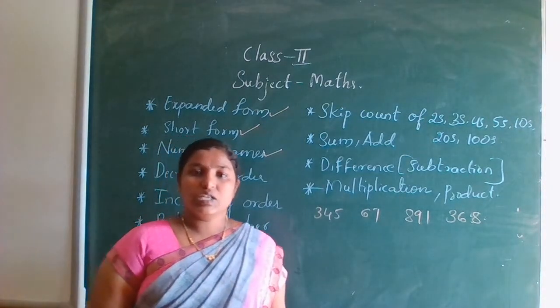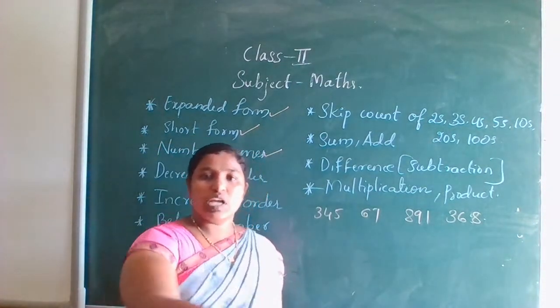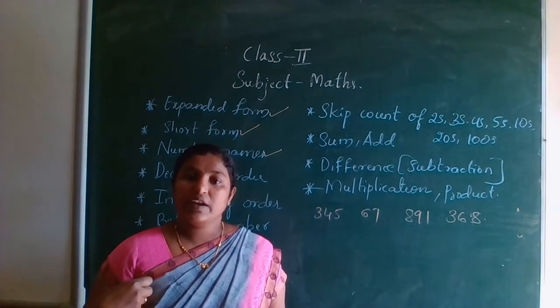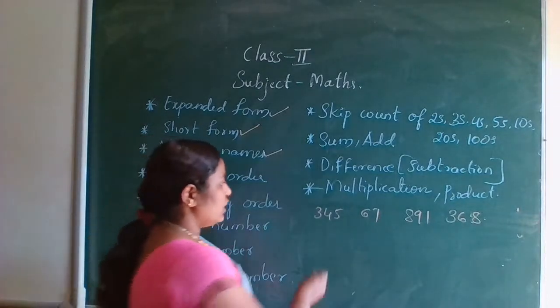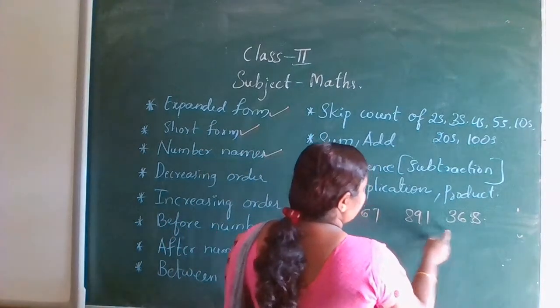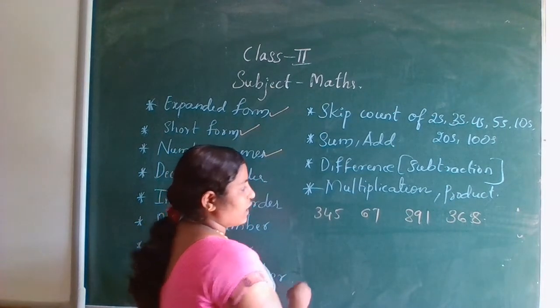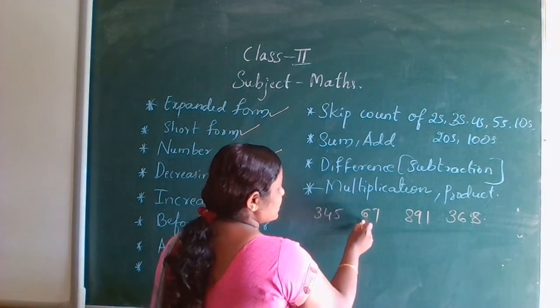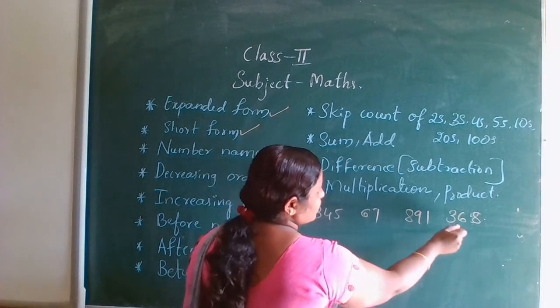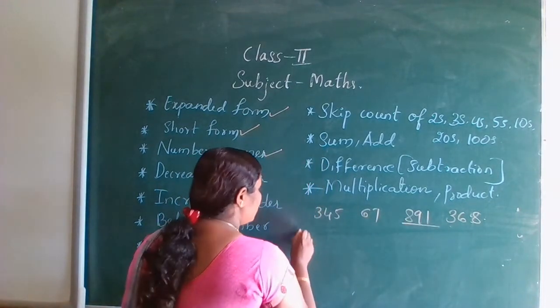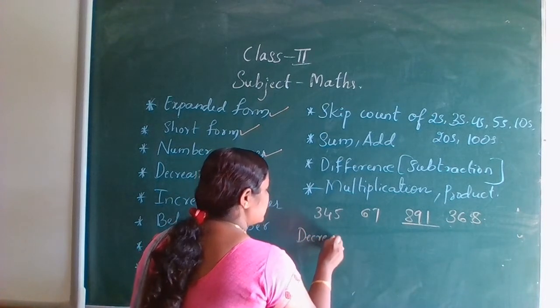What is decreasing order? Decreasing means highest to the lowest. First we should identify the greatest number. How? In these given numbers, we should compare all the numbers and find out the biggest number. 345, 67, 891, 368. Which is the biggest? This is the biggest. To write decreasing order,